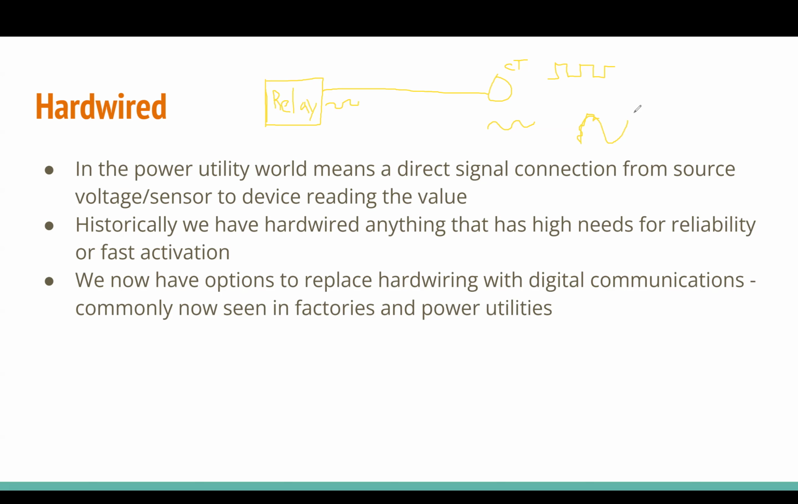And so with SCADA, that's our networking equipment. So if we have a hardwired signal, basically the only points of failure are our CT, our wire, any terminal connections, and then the relay itself. If we add in SCADA communications, we're going to actually